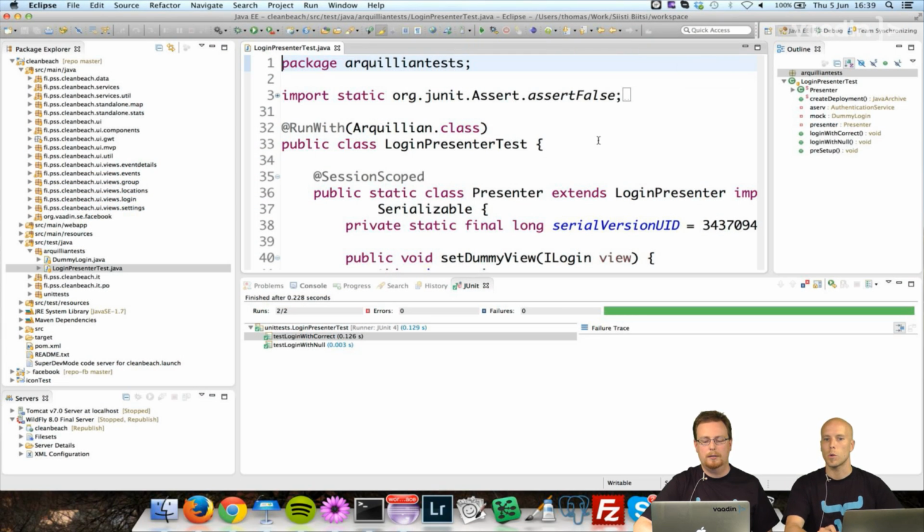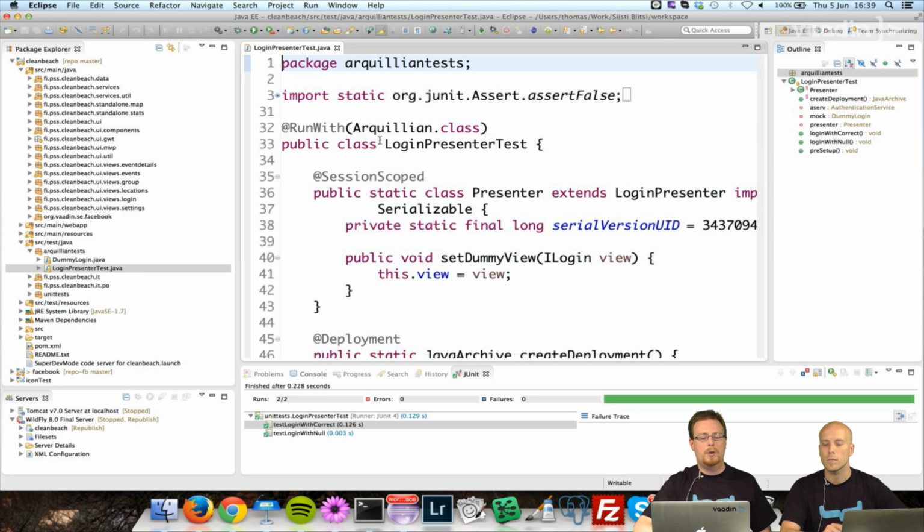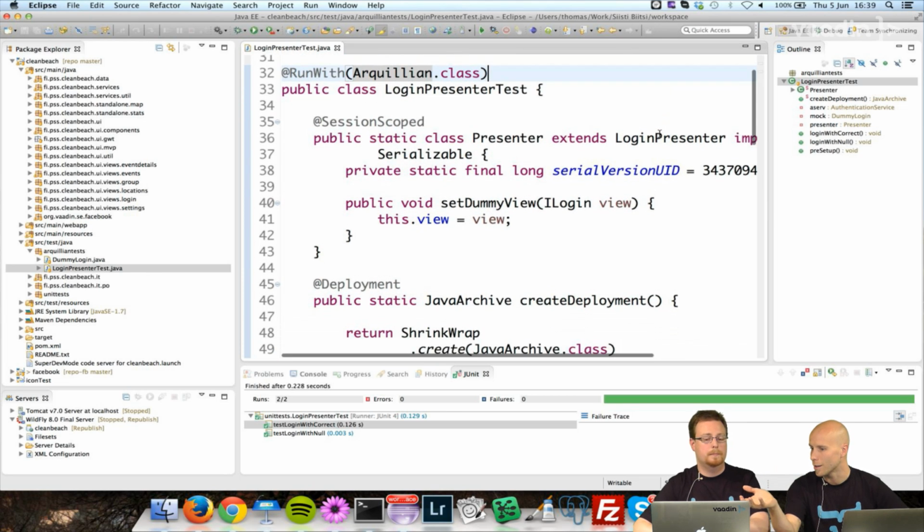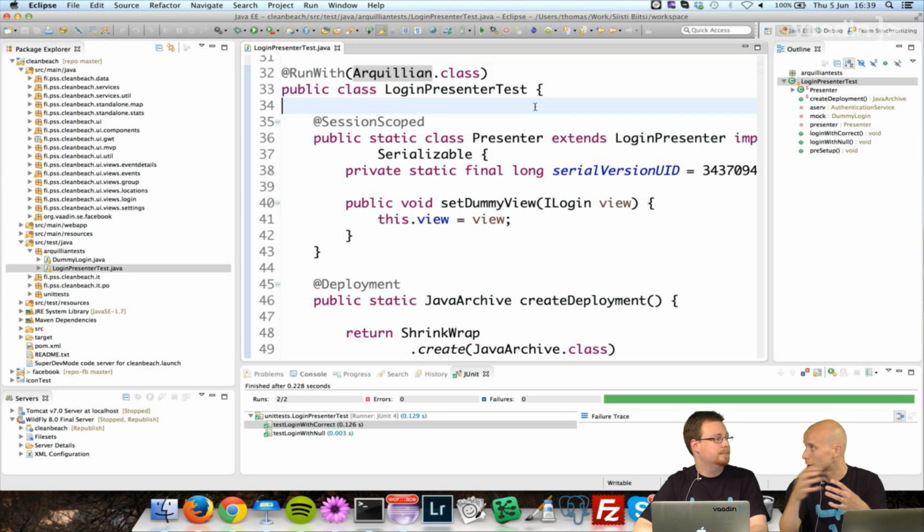So let's take a look at how that actually works. How that's done. So run with Arquillian class. If you're not familiar with Arquillian, don't worry. As I said, all of this code will be provided in the link after the webinar, so you can take a look. And there are lots of great tutorials on Arquillian. So this Arquillian stuff doesn't depend that much on Vaadin. No, not at all, except that this presenter, which we are testing here with the backend and the services, is built for a Vaadin application. Yeah, exactly. So the only reason we're using Arquillian is that I happen to be using CDI and Java EE in my architecture.